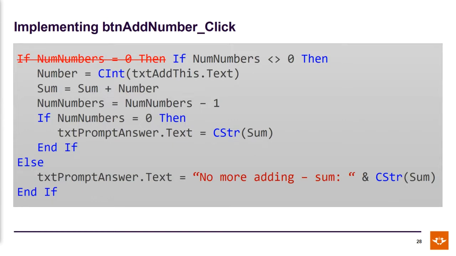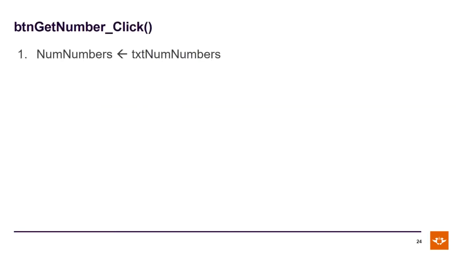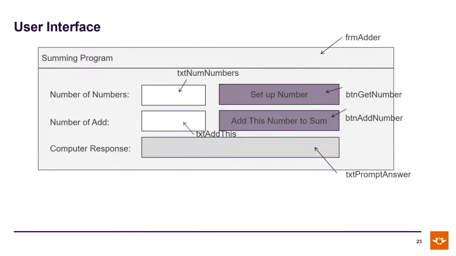If you look at my program, sorry, let's go up. Notice that there is my user interface, and does this make sense in terms of how we're going to capture the information from the user? For those of you who are not sure, let me quickly use the laser pointer. That first text box is for the user to say, I'm interested in entering so many numbers. And the second text box says, you told me you want so many numbers. What are those numbers? Put it into this one text box here.